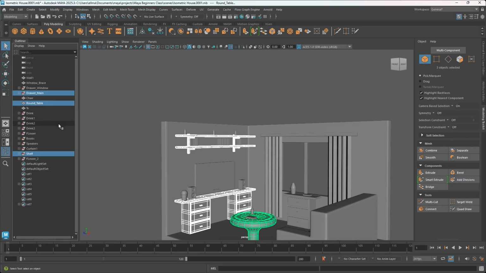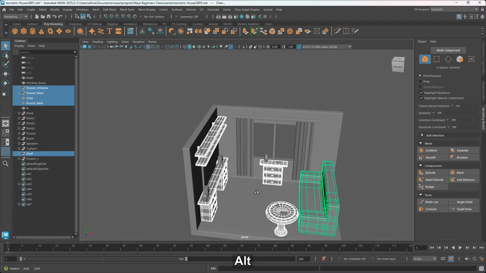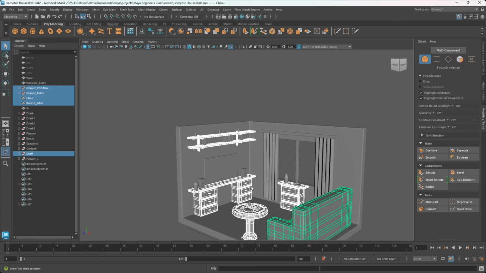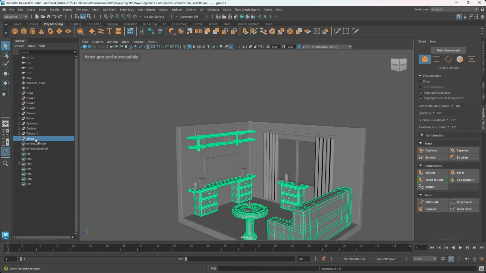Round table, we're going to select it. Draw window, we're going to select that. Chair, we're going to select it as well. So I think that is all. So we're going to hit Control G, double click here and name that to